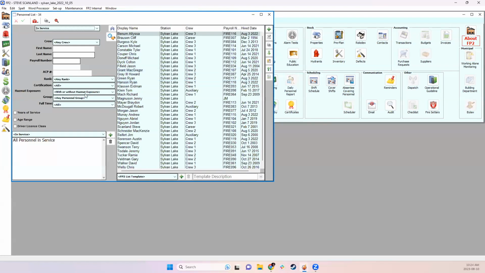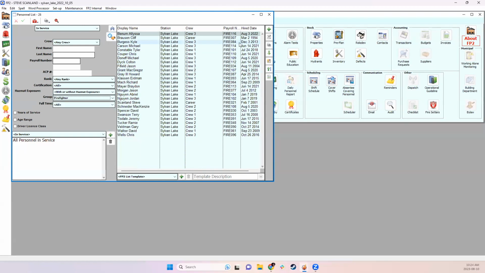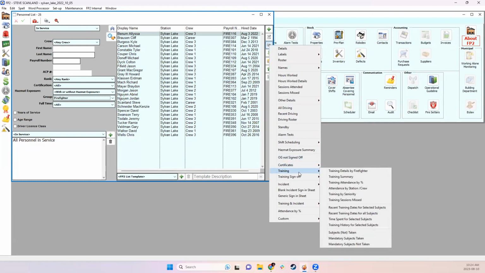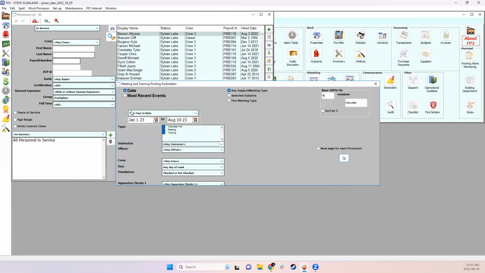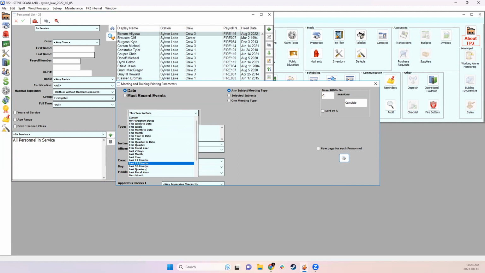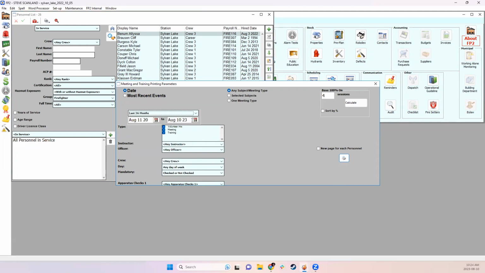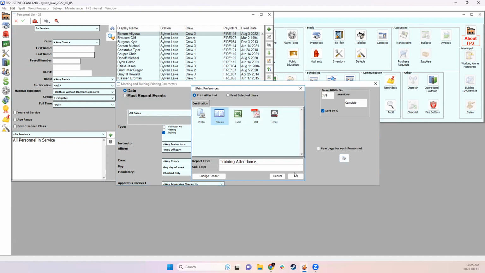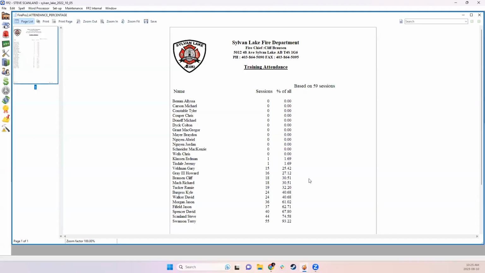So again, when I'm running my search, I can say, give me my firefighter group, give me a training attendance by percentage report. I can pick my particular search time period and say, show me only the mandatory ones. How many was that? In this case, not very many. I'll do a longer date period. All right. How many mandatory did we have? And this can combine with the type search to give you a very specific set of sessions. And again, you can push that report out with, show me which one of the mandatory training sessions each individual